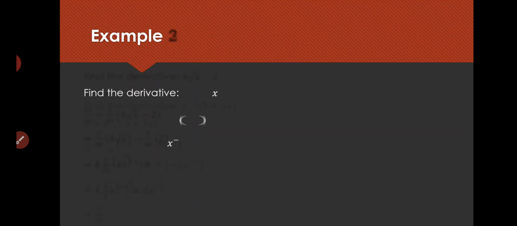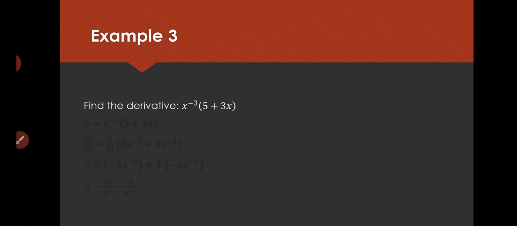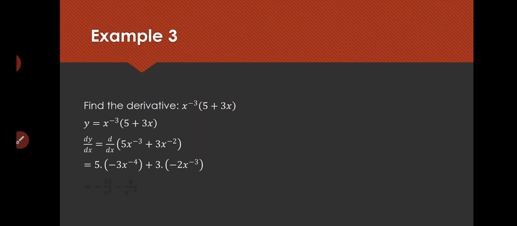Now let us move to number 3. x to the power minus 3 into 5 plus 3x. So you start off with x to the power minus 3 into 5 plus 3x. Now multiply it. So if you multiply it, it becomes 5 into x to the power minus 3 plus 3 into x to the power minus 2. And now if you do the derivative, it becomes minus 3 into x to the power minus 4 and minus 2 into x to the power minus 3. Calculate, you get the answer. That is minus 15 by x to the power 4 and minus 6 by x to the power